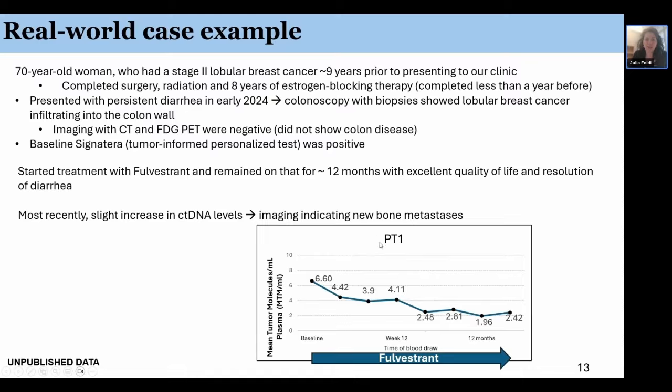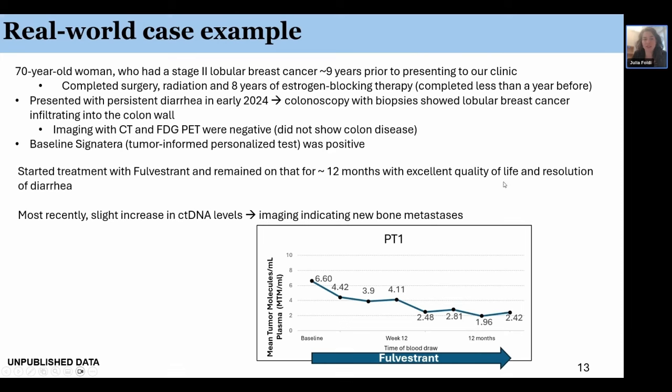Here you can see her first assay came back at 6.6 mean tumor molecules per milliliter of plasma. She started treatment with fulvestrant, one of our estrogen blocking therapies. And you can see how the level of ctDNA decreased. Didn't quite get to 0, but she remained on fulvestrant for 12 months with excellent quality of life and resolution